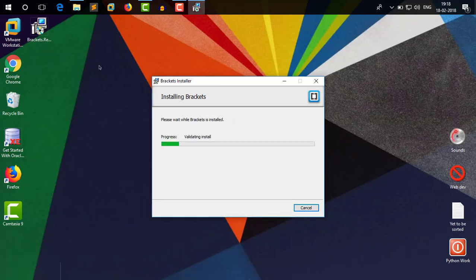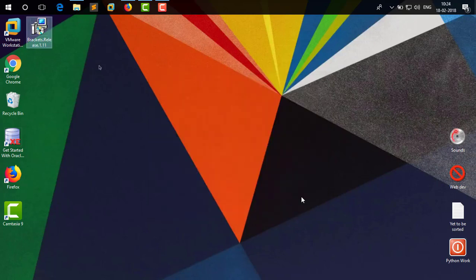Click install. Here you go, installation of Bracket is done.